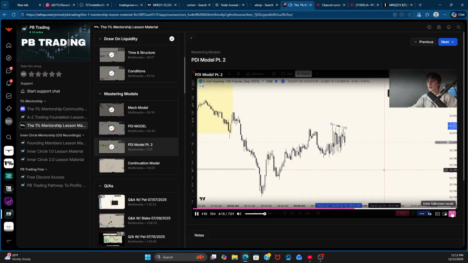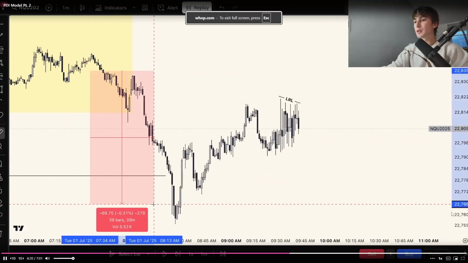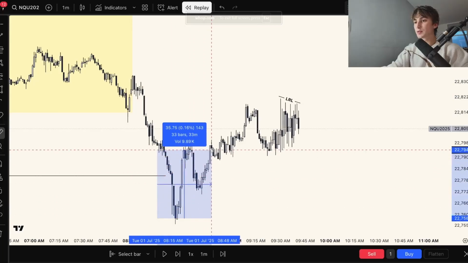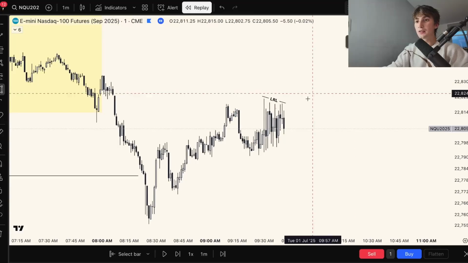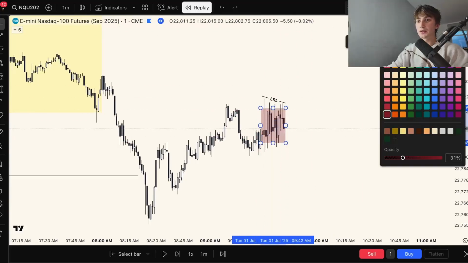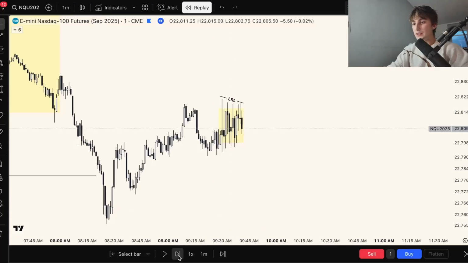We're starting to get that lower time frame confirmation after we manipulated lower and started getting some displacement higher, right? We see that price starts accumulating right here. We can mark this box out in yellow as well. And we can see that price,